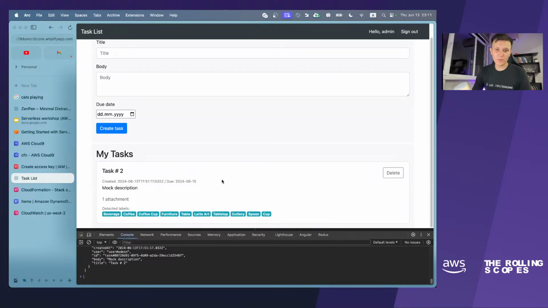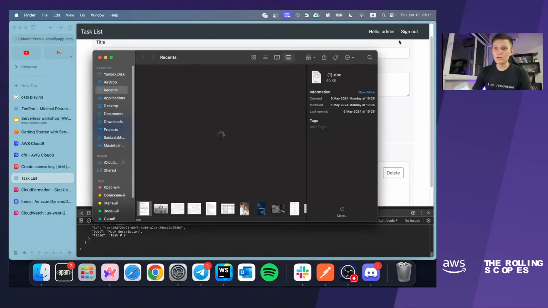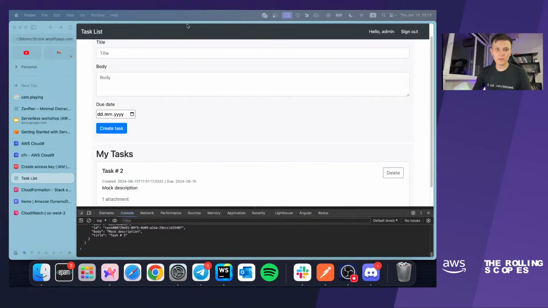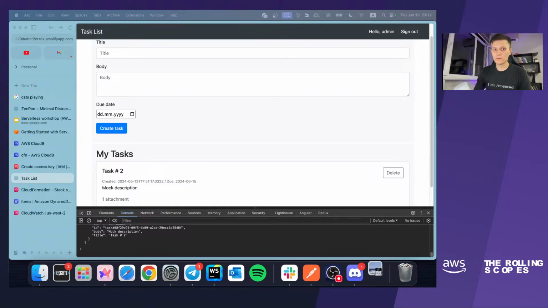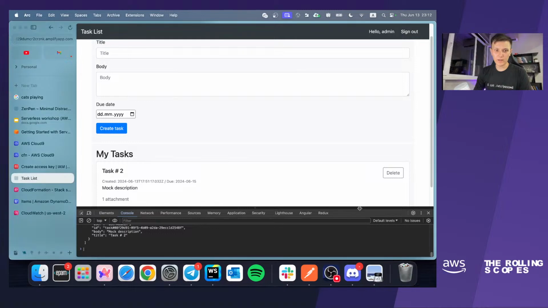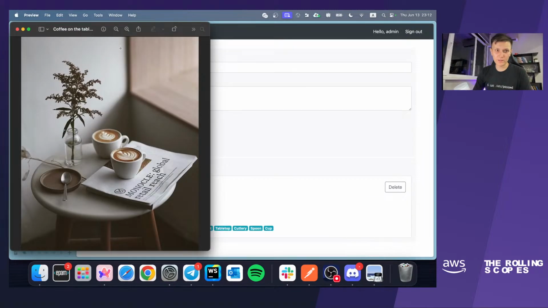Great. So on this image we have detected some labels like beverage, coffee, coffee cup, furniture, table, latte art, tabletop, cutlery, spoon and cup. Let me show you the image. Yeah, here it is.